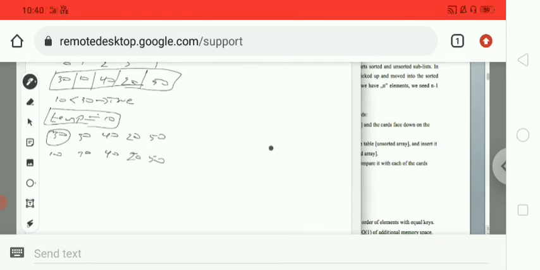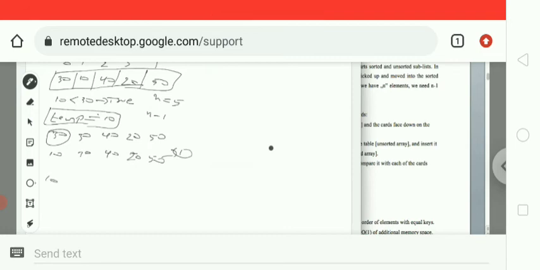I took 5 values, that means n equals 5, and I have to do n-1 iterations. One iteration is finished. Now again I have to do comparison. The first position is finished, and now we do the comparison for the second position.